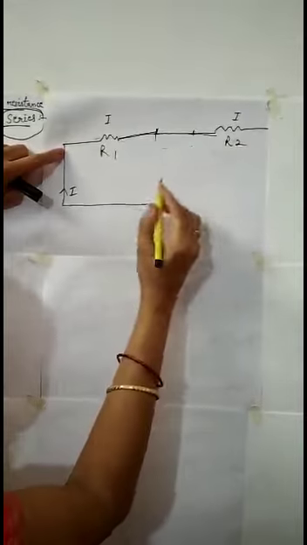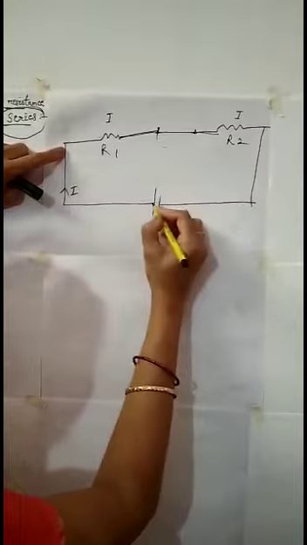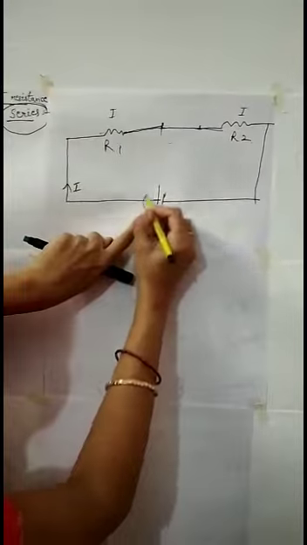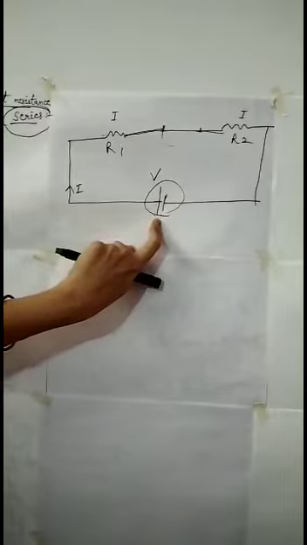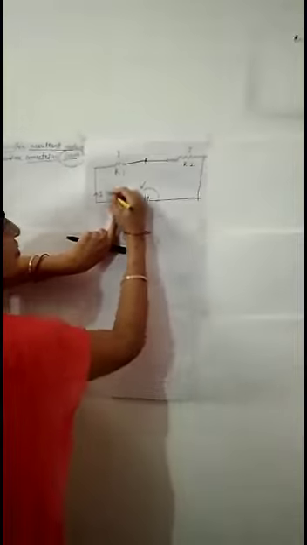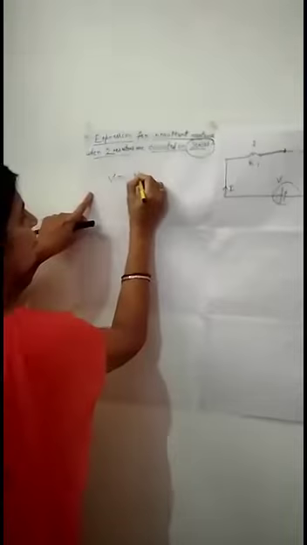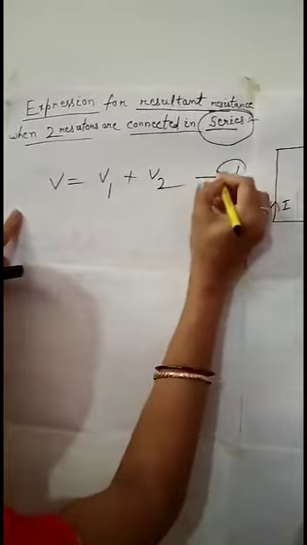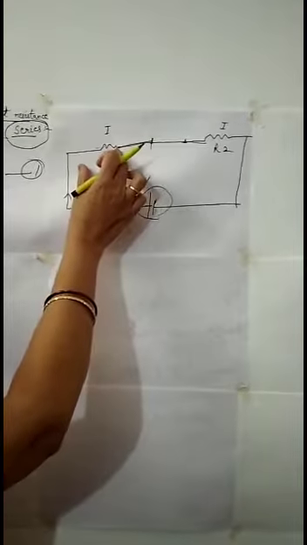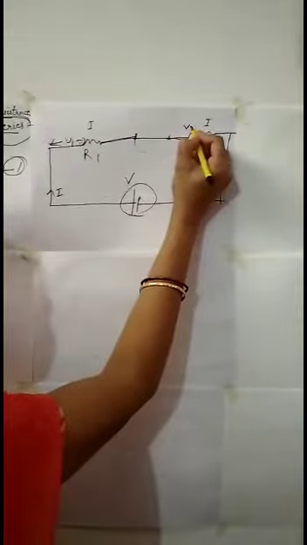And the potential difference is divided. Potential difference means this is your battery with potential difference which is denoted by symbol V. Divided means V is the potential difference for the whole of the circuit, and V is equal to V1 plus V2. What is V1 and V2? V1 is the potential difference for resistance R1 and V2 is the potential difference for R2.